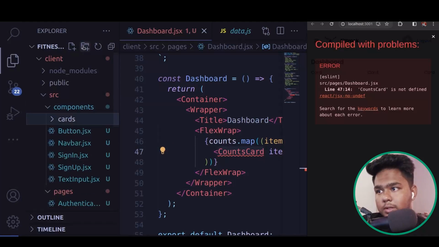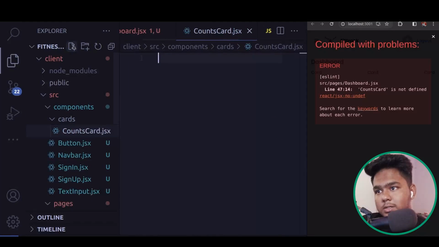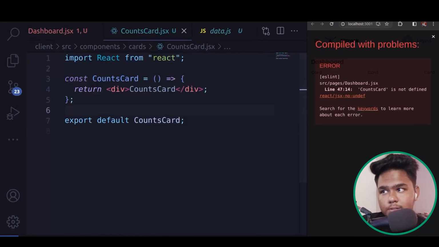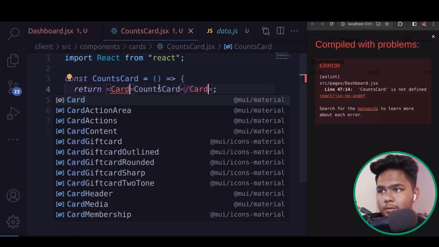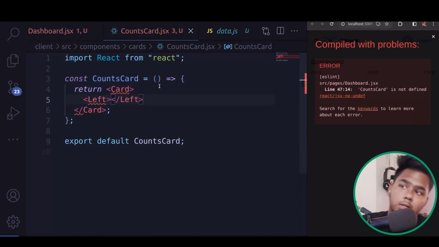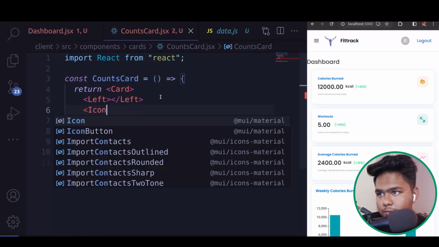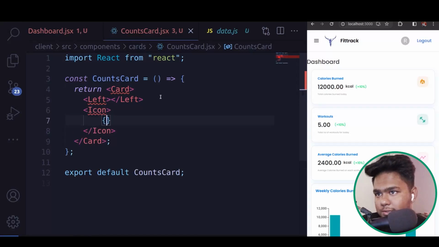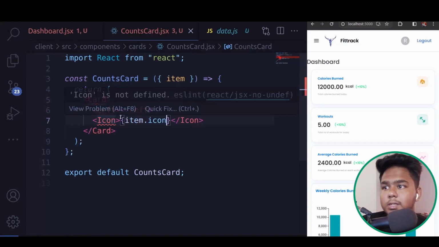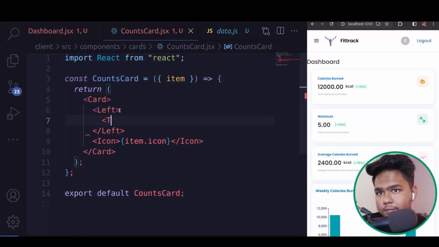So let us create a folder cards, and then we will have count cards inside that, the components basically. So let us import the counts card also. So first thing, let us wrap the whole thing as a card. We will be having two parts in the card, one is left and one is right. As you can see, on the right we have the icon and on the left we have the text parts. So we also have props item. So icon would be item.icon, and in the left we will be having a title first of all, that will be item.name,